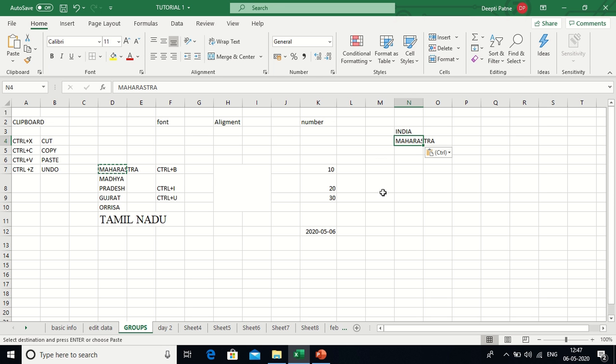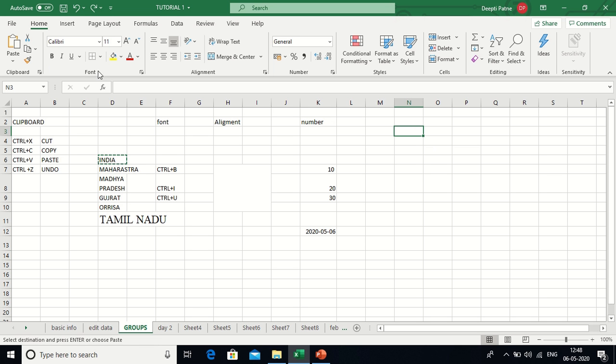Now if I want to undo this operation, we had already seen the button which is available over here, but my sincere suggestion to everyone is to minimize the use of mouse, maximize the use of keyboard. The more you know the shortcuts, the more user friendly Microsoft Excel will be to you. So how will I do the undo operation? I will press Control Z. Now again if I press Control Z, it is back in its position.